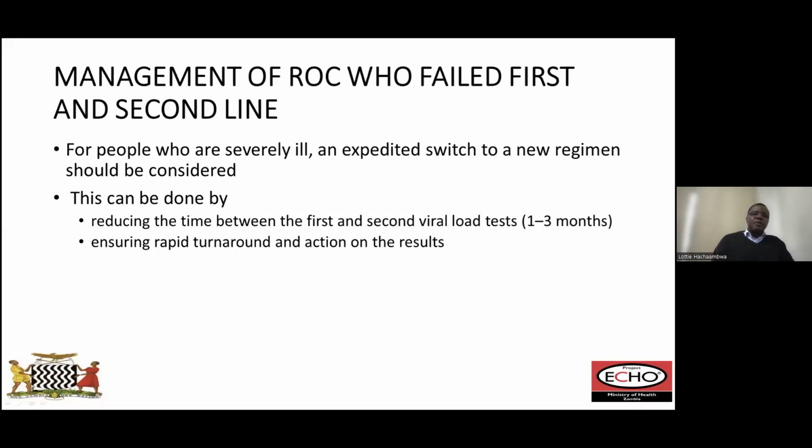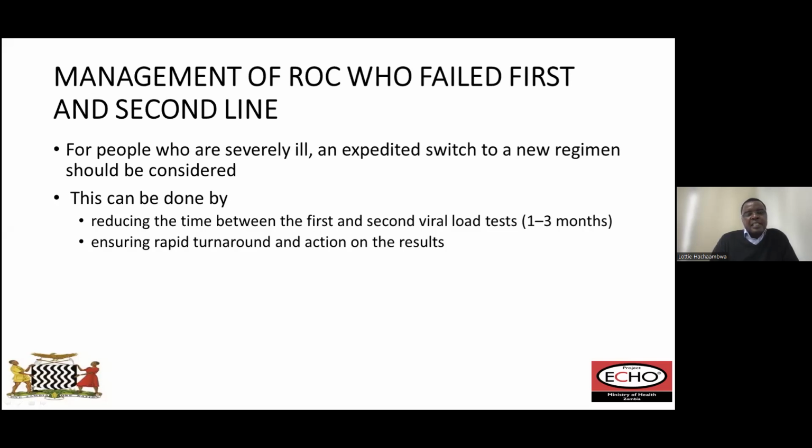So what happens to people who have treatment failure? How should they be managed? So I'll start with those that are severely ill. For those who are very ill, the switch to a new regimen should be expedited. Our guidelines have an algorithm of what to do when someone has a detectable viral load. But for those who are severely ill, an expedited switch could be considered, and this is to reduce the risk